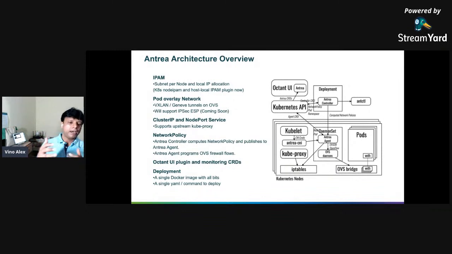Suppose you have a two-tier application. For example, your web tier is only talking with the outside, and the database tier is only talking with the app tier. Then you don't want to expose your database to the outside, and more than that, you want to restrict it so that only your app tier pod can talk with the database tier, and that also through a specified port.